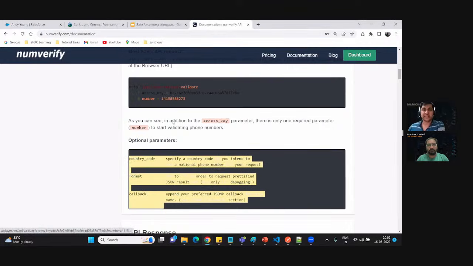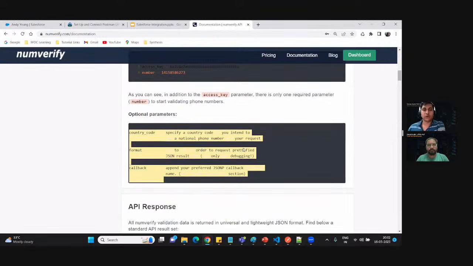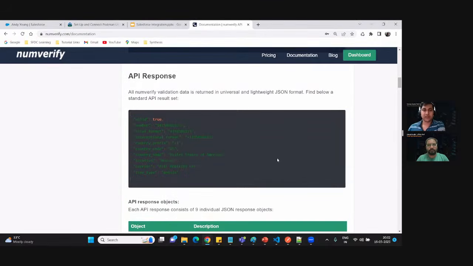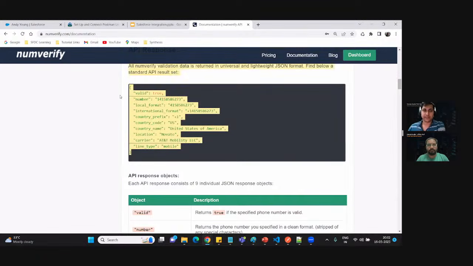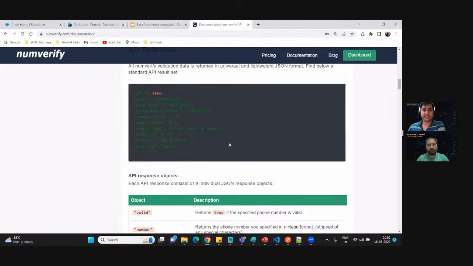In case you want to validate this phone number for a specific country, in case you are expecting the value in a specific format, you can go and put all those details here. You can see here, once you go and hit the API, you will get the response of this type, whether the entered phone number is a valid phone number or not, right? You will get the response of this type,